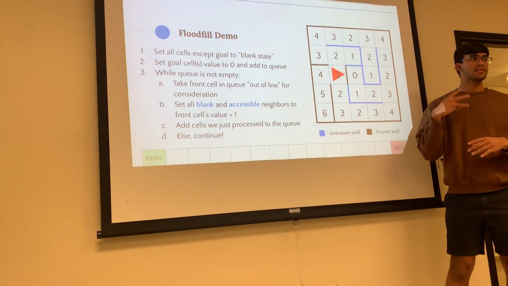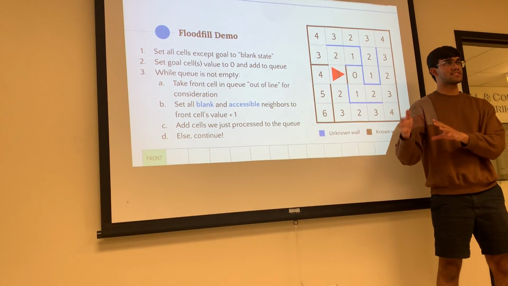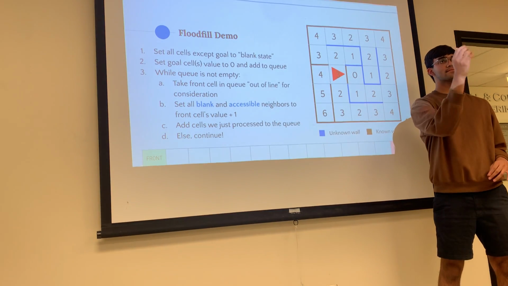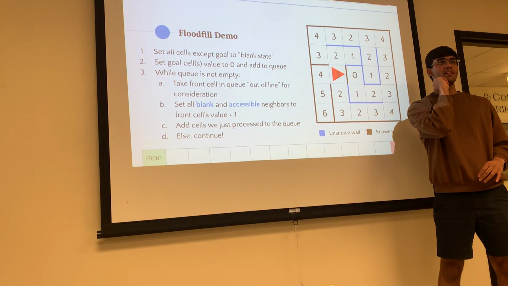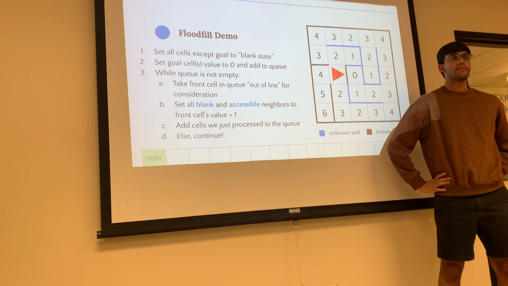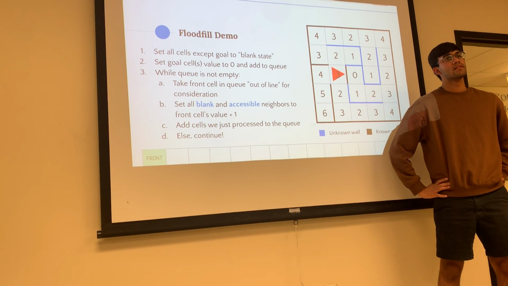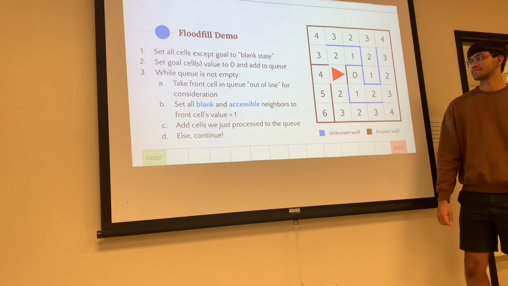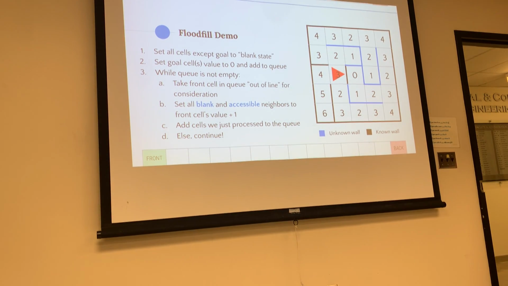So you only recalculate the Manhattan distances when you can't go to the next cell with the lowest distance. Why would you populate them if they have a greater than or equal to Manhattan distance than your current square? Yeah, the reason why you would just populate it is because of the way that